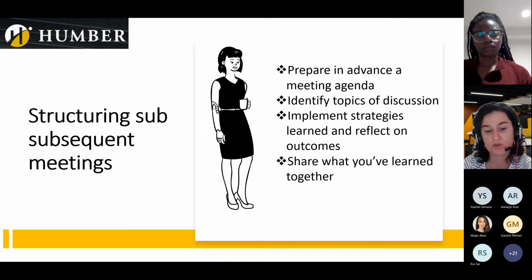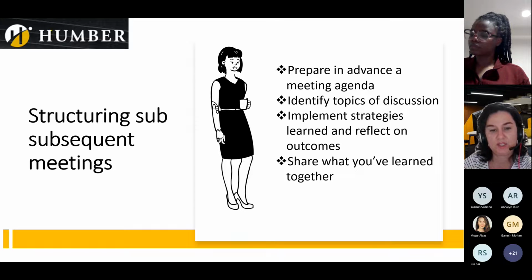Sometimes your mentor may want to focus on more than one area to expand the application of what you're learning and practicing. For instance, if one of your items of discussion for the following meeting is where to search for job opportunities, the mentor may also want to pair it with networking and how to conduct informational interviews. So always work with your mentor on how to approach the next meeting topics and use the opportunity to problem solve together. Implement the strategies learned.